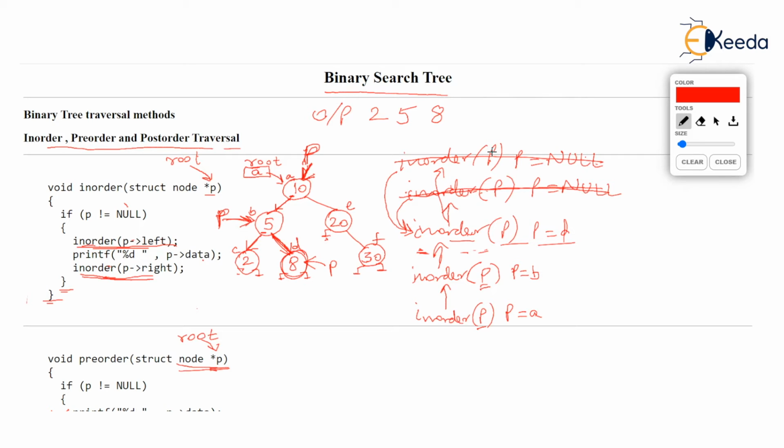Now, you just tell me, think over it. If in order P has now resumed with P at D, that is 8, from where would it resume? Yes, this time you are correct. It resumes after the right recursive call, because last time when in order P at D was busy for this node, it went for its right recursive call. So when the function resumes, it will resume from the next line, which is the end of if and end of the function. So most importantly, in order P with P at D is over. This function has also finished because it has successfully finished all its lines.